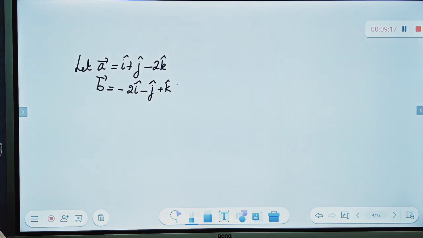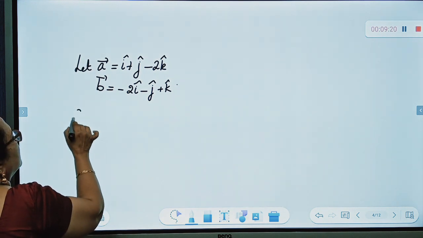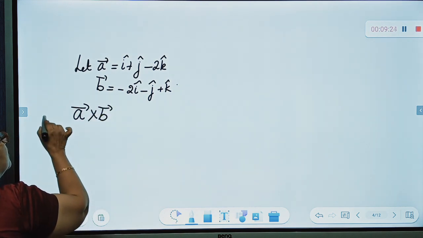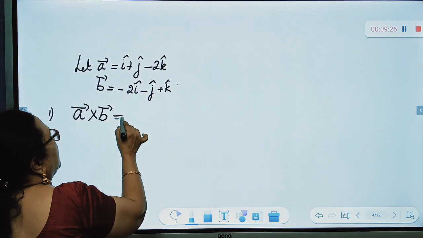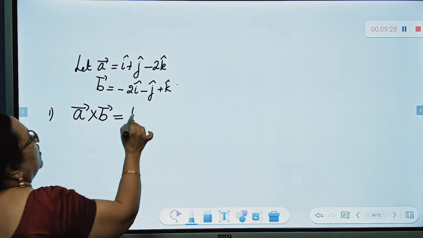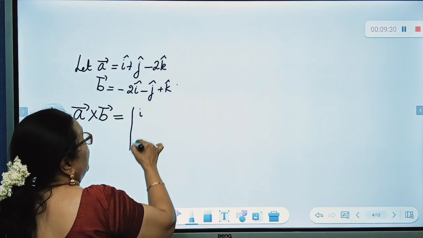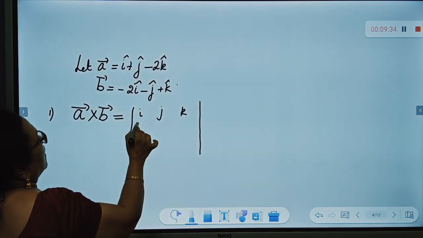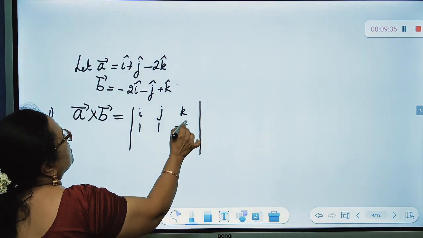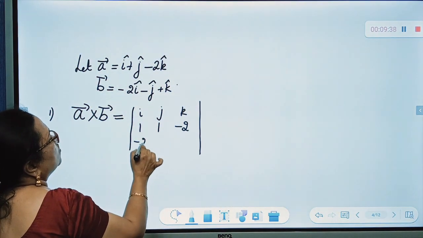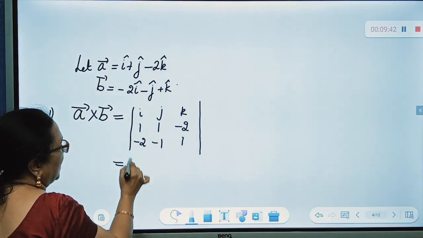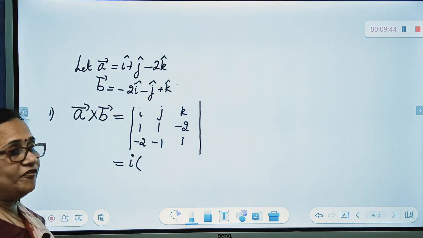Let us see how to compute A cross B. A cross B will be equal to the determinant of i j k, 1, 1, minus 2, minus 2, minus 1, 1, which is i into,